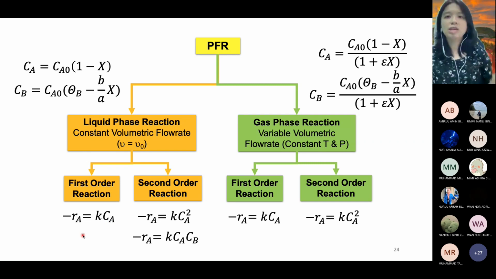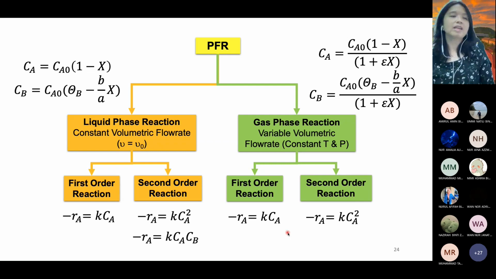Minus RA equals KCA, meaning first order with respect to A. We also learn second order reaction: minus RA equals KCA power of 2, meaning second order with respect to A. And we also learn the other rate law, minus RA equals KCA CB, meaning first order with respect to A and first order with respect to B. Okay, so similarly for the case of gas phase juga, sebab kamu kena faham equation expressed differently,